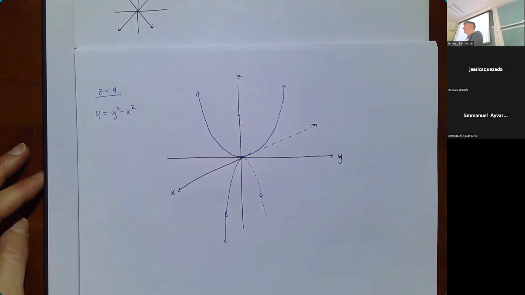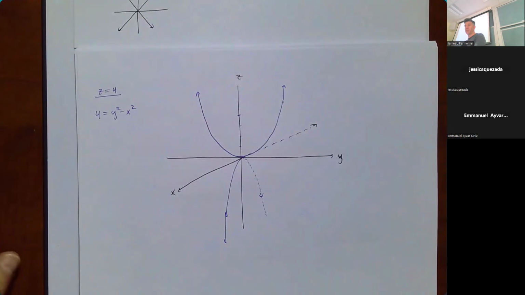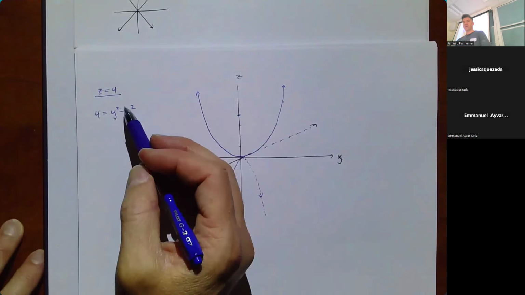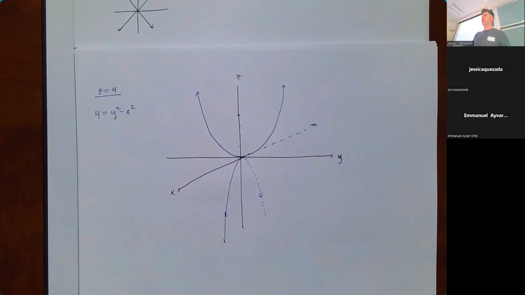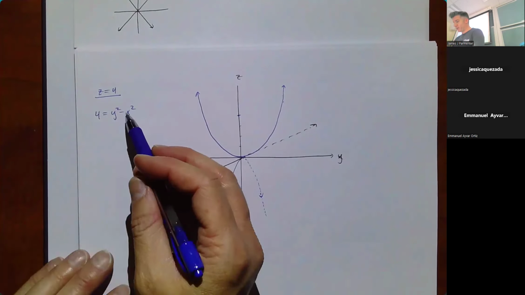Which you might not have a lot of experience graphing. When you have something like this, it's very, very close to looking like the equation of a circle. Right? If it was just x squared plus y squared equal to 4, we'd have a circle of radius 2. When it's x squared minus y squared or y squared minus x squared, we have a hyperbola. So when I'm graphing this,